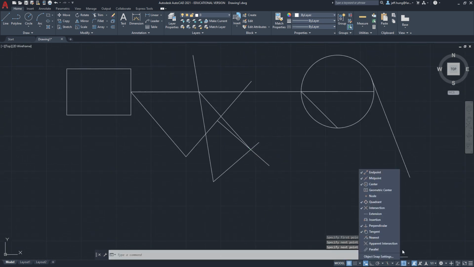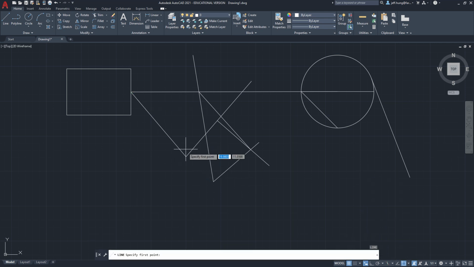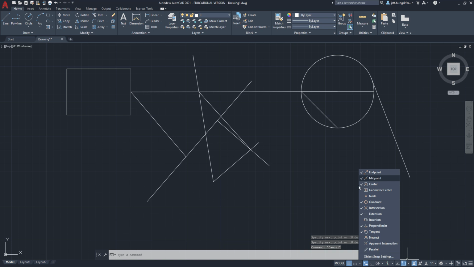Now I can also do extension. I draw a line. I can do it in here. Let's see if I can do this. Okay, now this is an extension of this line. Now you may want to say, you know what, it's so convenient, these are very useful, so I can activate all of them. Then I don't have to turn them on and off. Now the